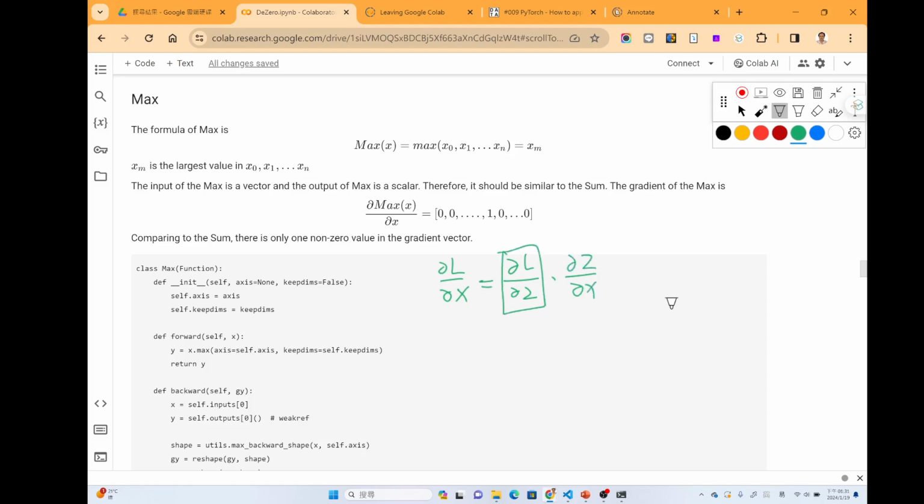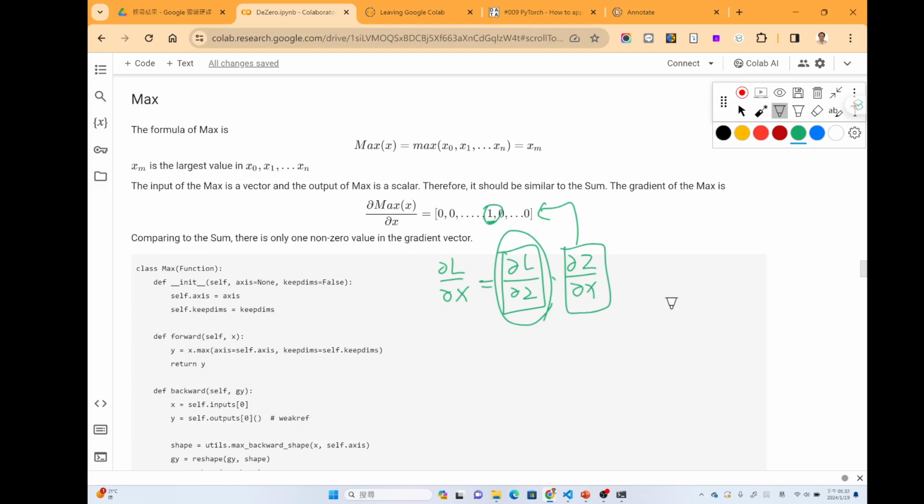This is called the upstream gradient, and this is the gradient of the function. So only this term will become non-zero, and all the others are zeros. It means that in this vector, the partial of L with respect to z, we will only pick the item n of this vector as the output. For others it will become 0.